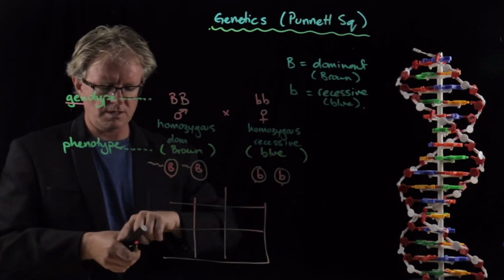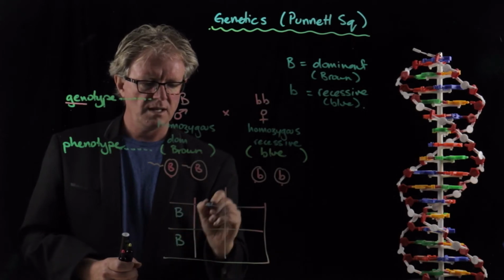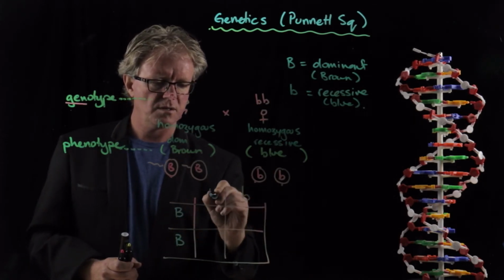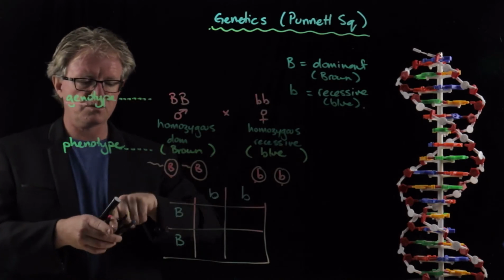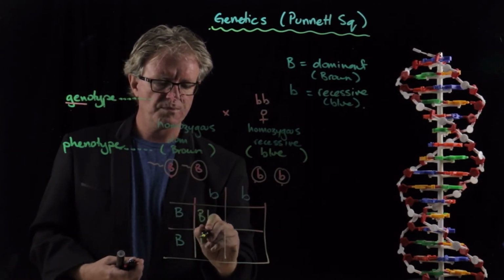Alright, so we have the male over here. Let's just do the male. And then we have the female. Okay, and then we just cross. So we've got big B and little b. It's all the same for every